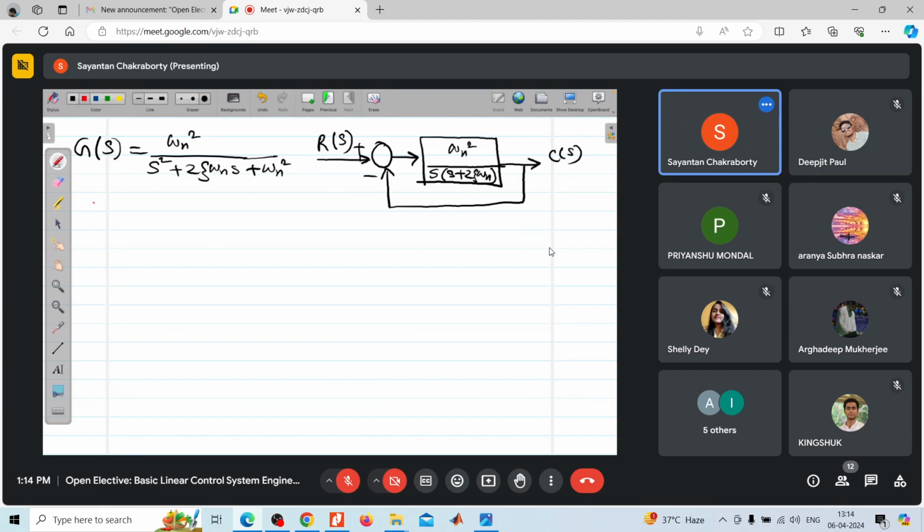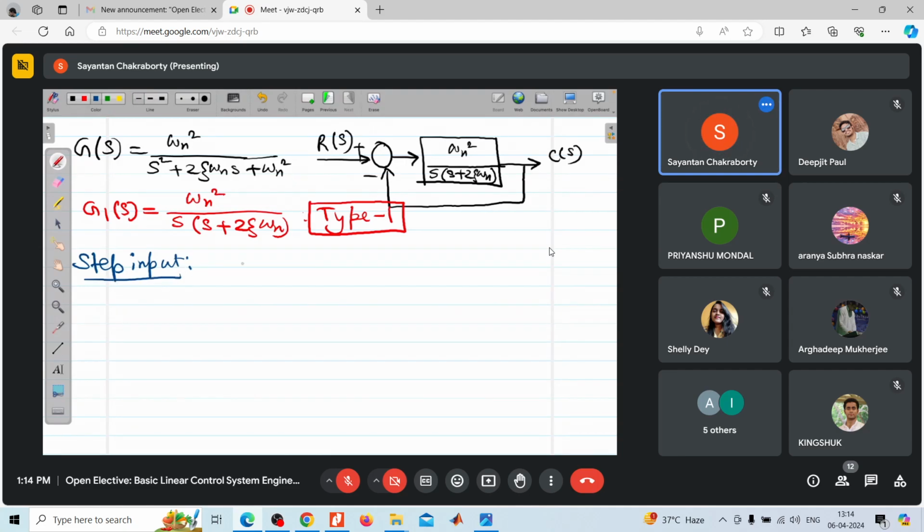So our forward path transfer function is omega n square by s plus 2 zeta omega n, which is again a type 1 system. So for step input, you can find out your Kp, limit s tends to 0 of G1(s). That will be infinity. So ESS